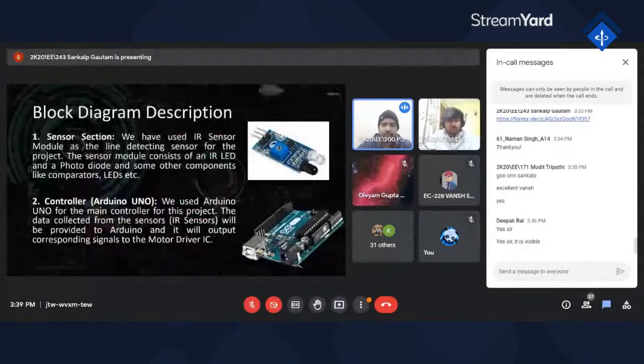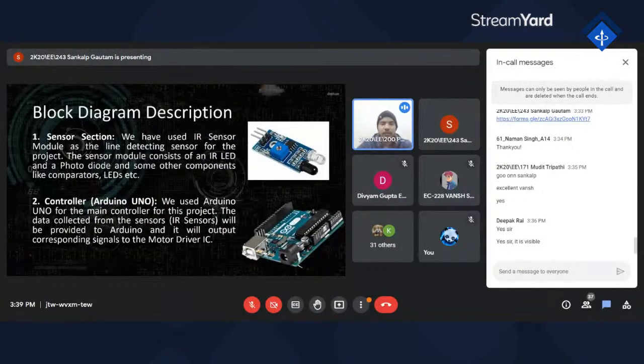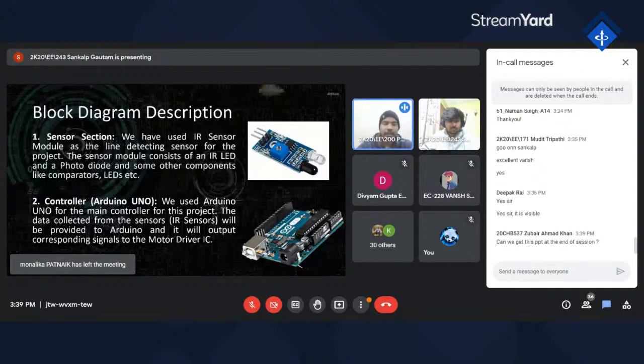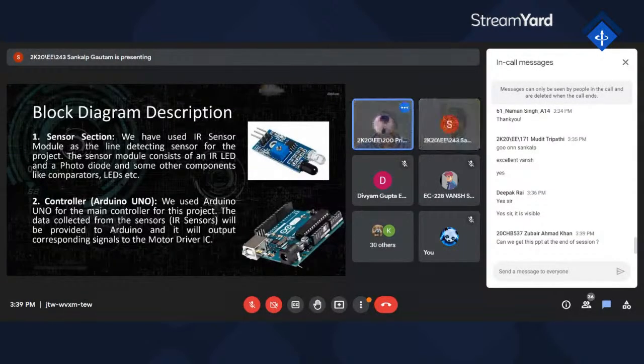So now let's discuss each of the components of the block diagram that we just showed you earlier. First is the sensor part. The LFR follows a line, and in order to follow a line, the robot must detect the line first, right? So now the question is how to implement the line sensing mechanism in an LFR. To do that, either an LDR (light dependent resistor) or an IR sensor (infrared sensor) can be used.